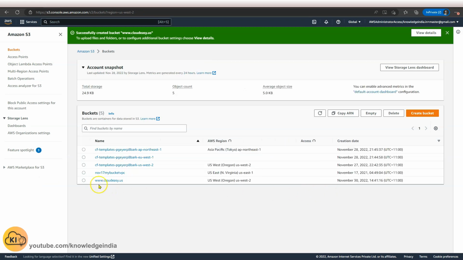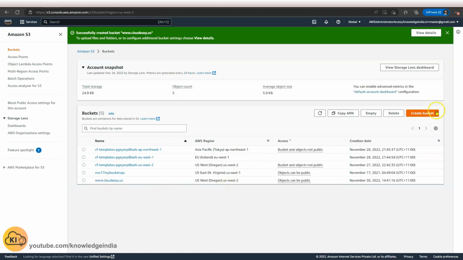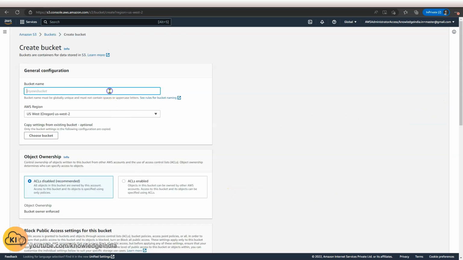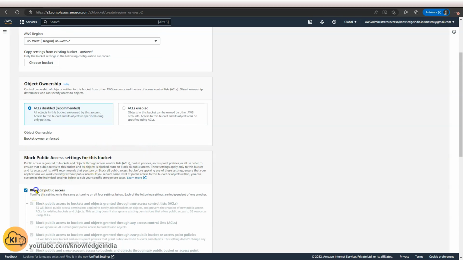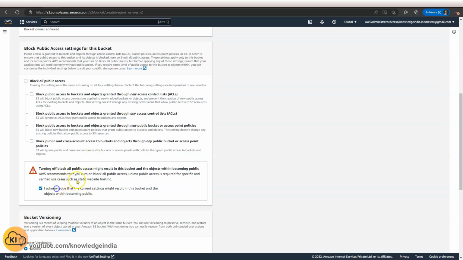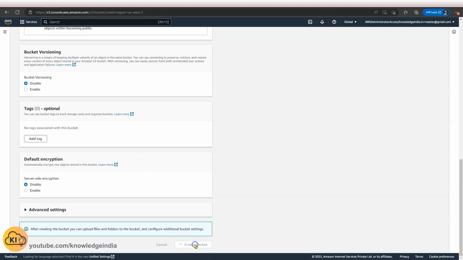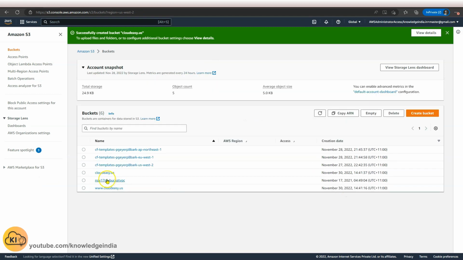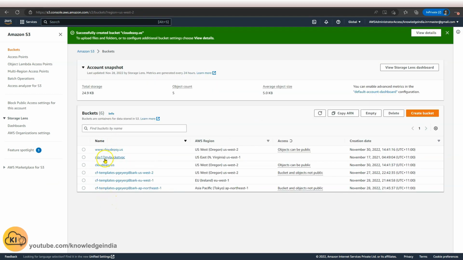Okay, so this bucket is created in the US West 2 region. I'll go ahead and create one more bucket, right? And yep, block all public access removed. We'll say create. So two of my buckets are created here. You can see cloudeasy.us and